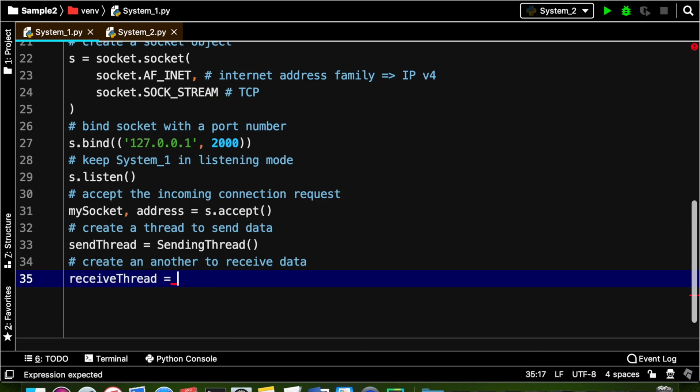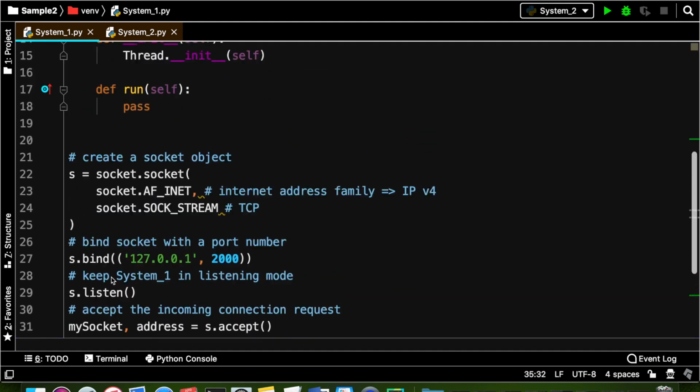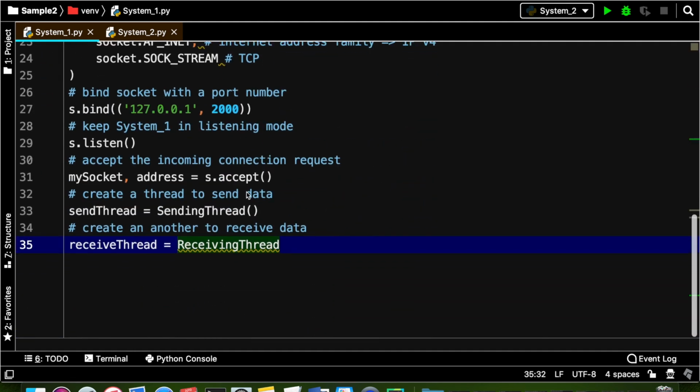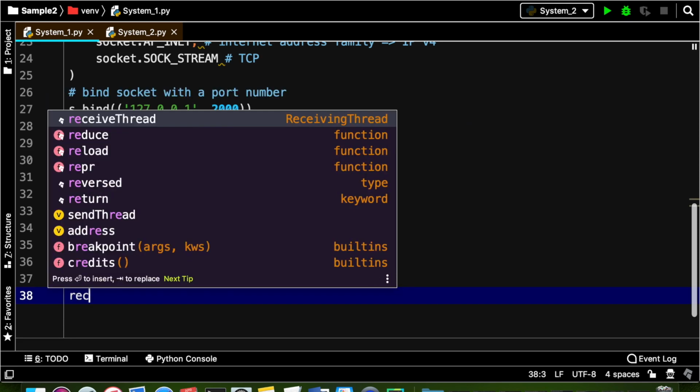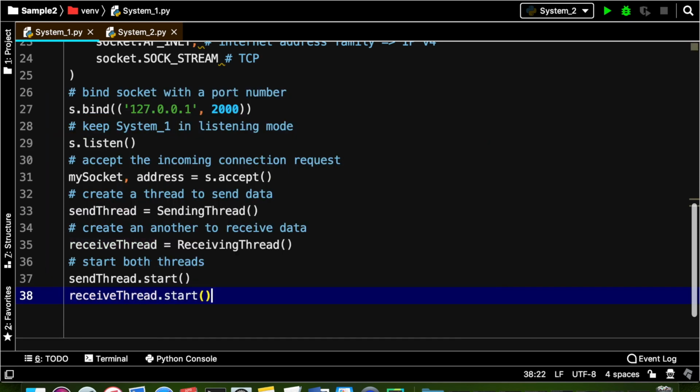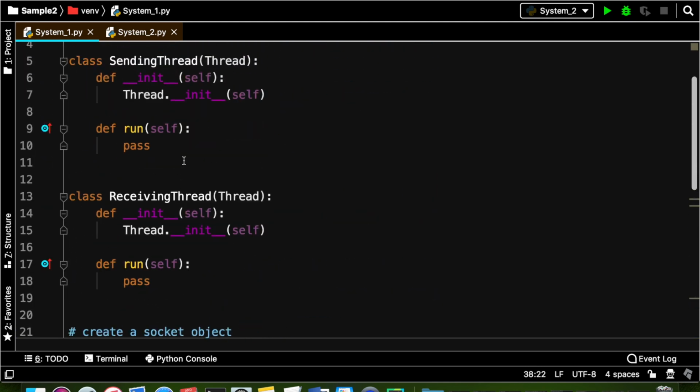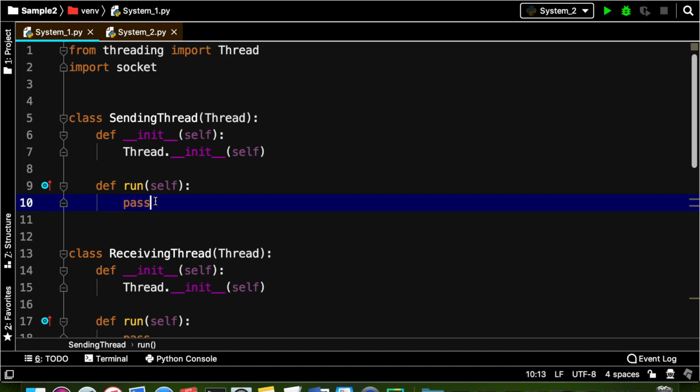For that, we have a separate class, receiving thread. You can see that receiving thread objects are created, or we can say both threads are created. Now start both threads. For that, send thread dot start, receive thread dot start. Now when we call send thread dot start, the sending thread's run method will be invoked,